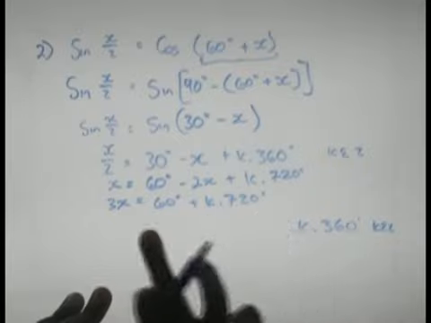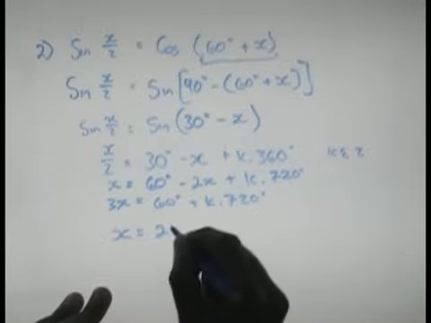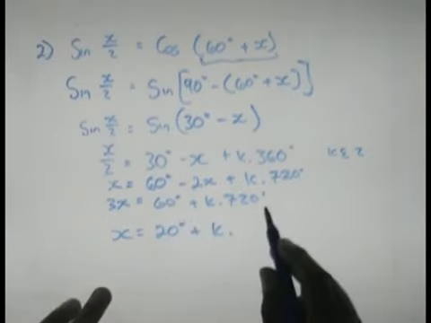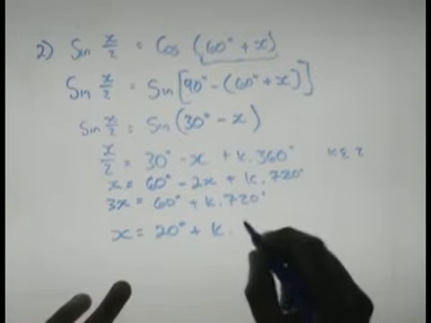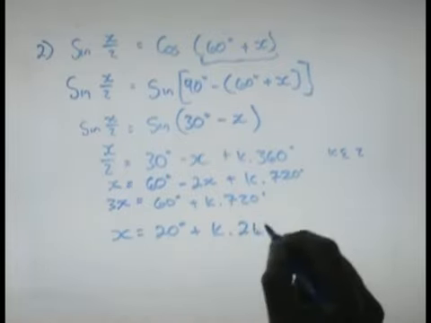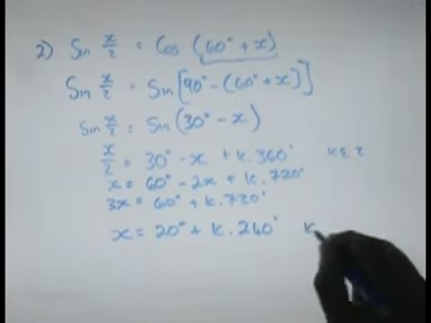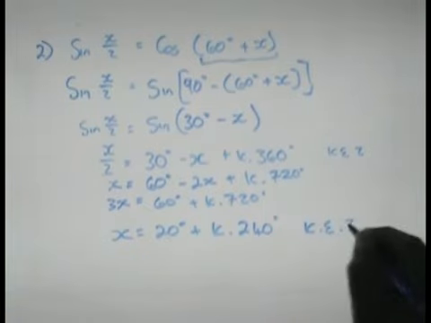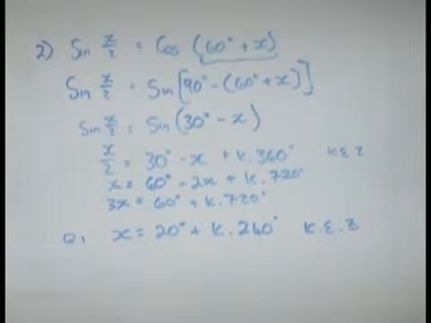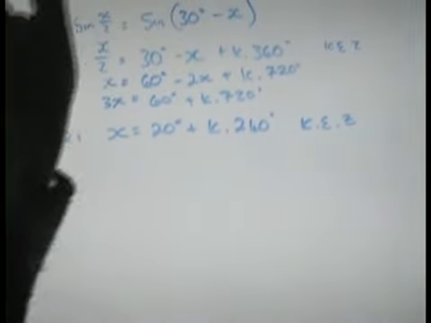Let's just take this off for now. That means that x is equal to 20 degrees plus k times 720 divided by 3, which is 240 degrees, where k is an element of integers. That's the one possible solution. That's for quadrant 1. If I look at the quadrant 2 solution,